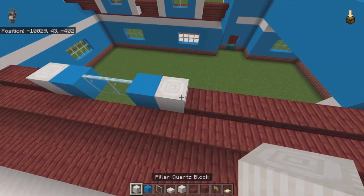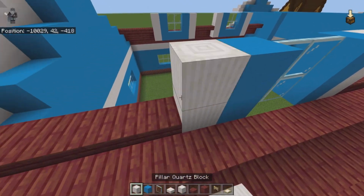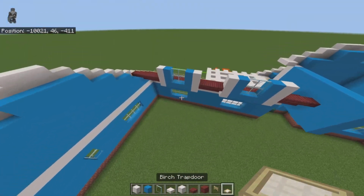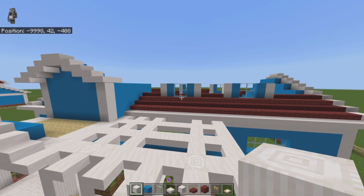bring that up a row, and also, technically, down a row with the exception of the panes, because the panes would be brought down with light blue concrete. It's just kind of easier to do it this way, at least in my mind, although I don't know, I'm not typically feeling it always. Anyway,